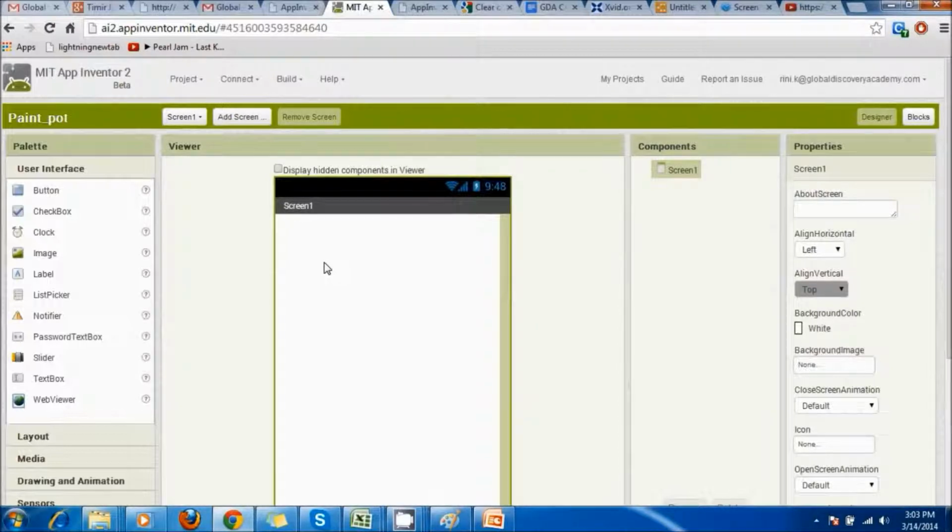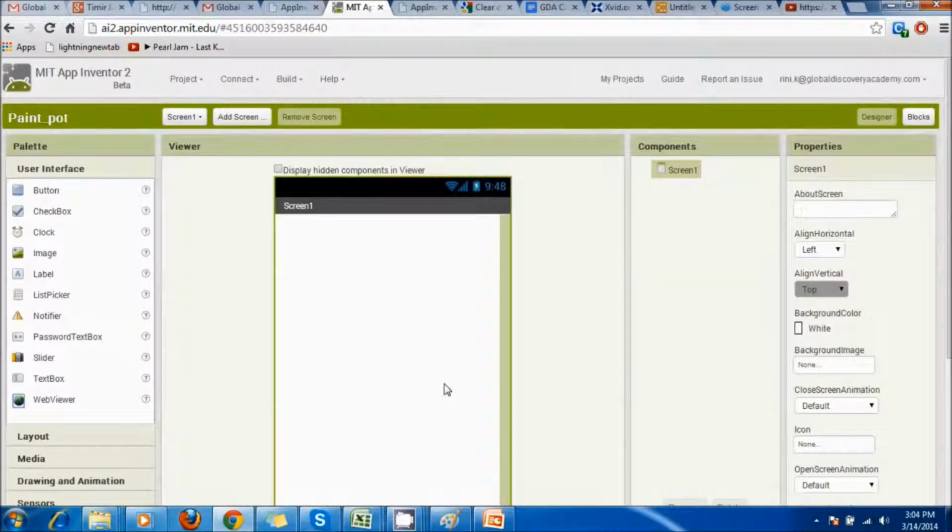What we're going to learn in this is, as I said, the canvas component. We're going to learn about handling the touch and drag events of the canvas. Also, we're going to control the screen layout with arrangement components, the horizontal arrangements. We're going to use event handlers that take arguments. That is, when we draw the circle and the line, you'll see that we're going to take arguments. And we're also going to introduce the concept of variables. So now let's get started.